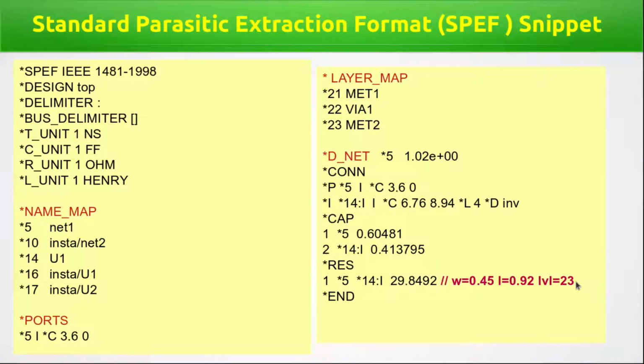Such tail comments, and again I have trimmed it down, will have XY coordinate values from which you can actually go to the layout. And since this is a metal piece, there will be W and L, that is, it will be a rectangular piece. So length and width, this is length and this is width. If it is a via, then instead of W and L, there will be A equal to some value, that is the area. For vias we have area because vias are generally square. I think I have given enough details about this snippet.